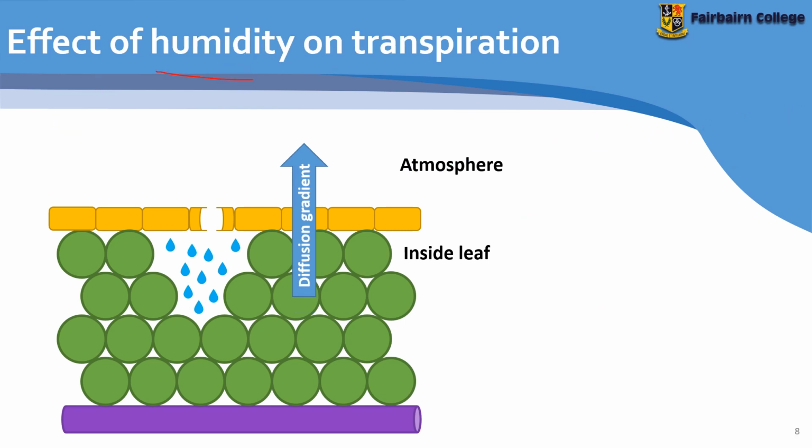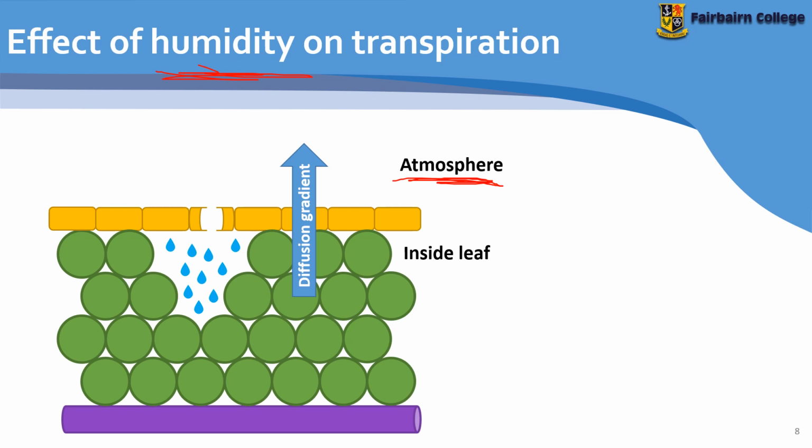The next factor we're going to look at is humidity. Humidity is the amount of water vapor in the atmosphere. So you would see this sometimes on the news and the weather, where they give you the humidity. So if it's very humid outside, then it feels stuffy. It makes it difficult for your sweat to evaporate off your skin, and it makes it feel warmer than it actually is. So this is because the amount of water in the air doesn't allow for the evaporation to take